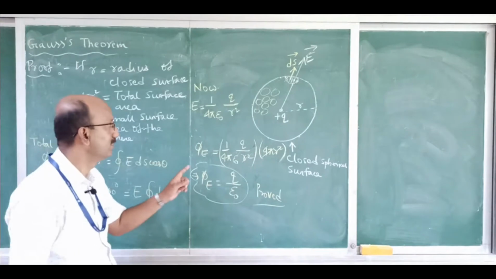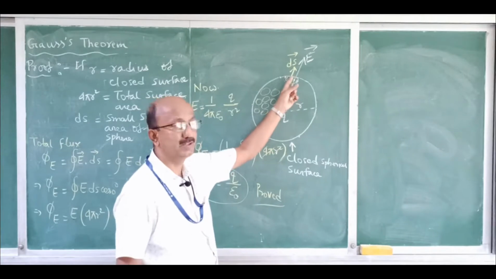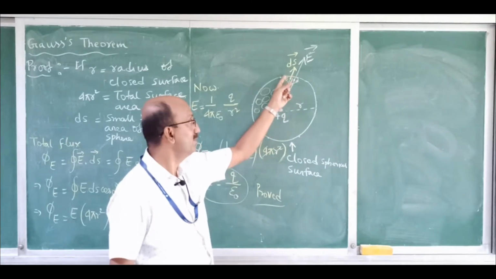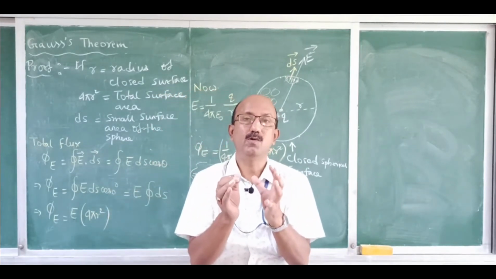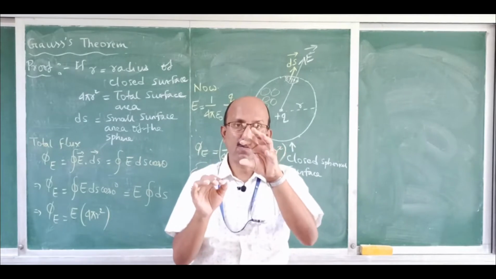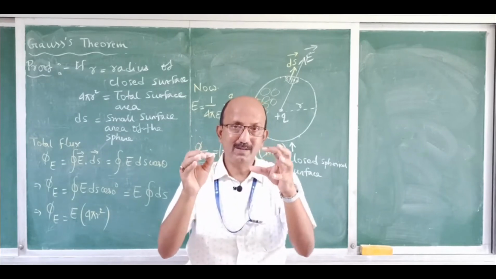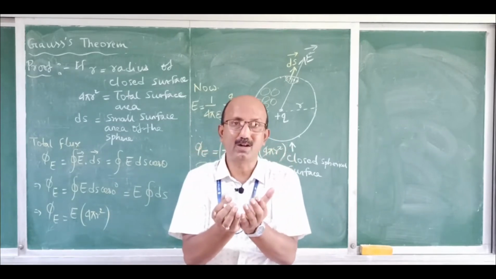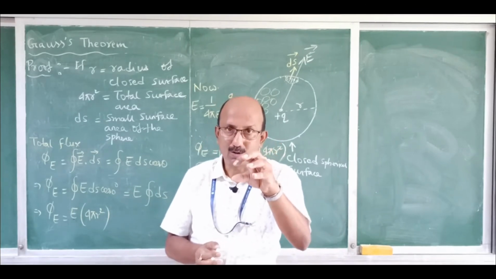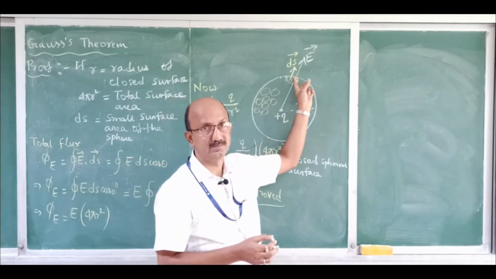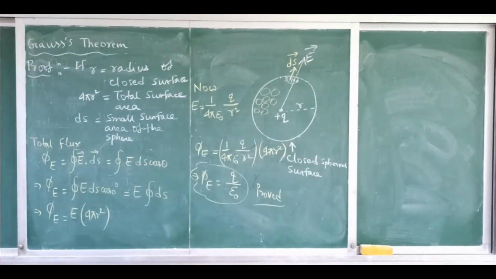Now one thing, in a closed spherical surface, I have marked this small portion as ds. You can compare this ds portion with a football. A football is made up of small hexagonal pieces. Small hexagonal pieces are joined together to make the surface area of a football, and one small hexagonal piece of a football can be compared to ds. Clear? So this is very important. You just go through this Gauss theorem.